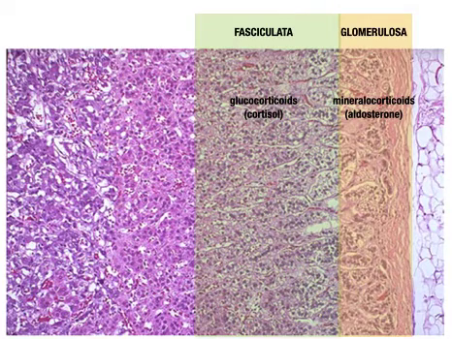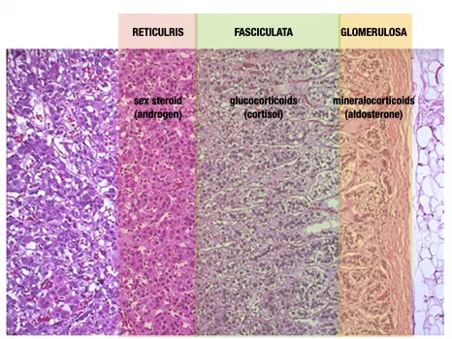And then you have your fasciculata, which secretes your cortisol. And then you have your zona reticularis, which mainly secretes your androgens or your sex steroids. Now, the adrenal medulla is composed of your chromaffin cells, which synthesize and secrete your catecholamines,